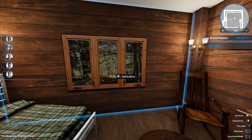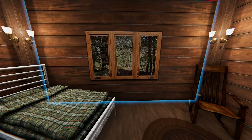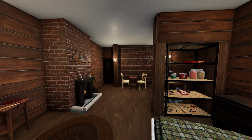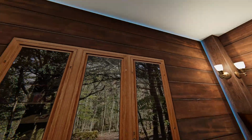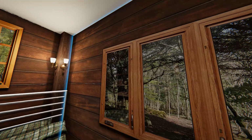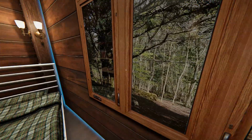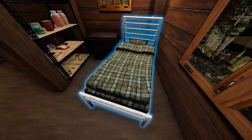What I did in order to do that was a bit like the mirror trick in my tips and tricks video. I stood in the position where the window is, turned round, took a screenshot of that, and then in GIMP, an image manipulation tool a bit like Photoshop, I flipped that image, upped the brightness, and made the opacity of it like 30% or something, so it just gives a reflection. You can see the bed there is reflected